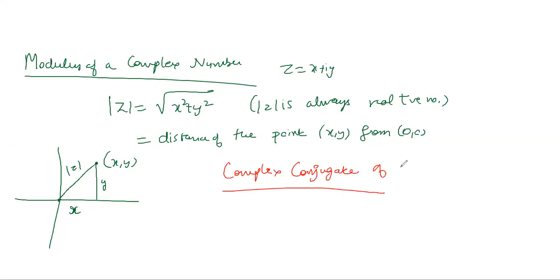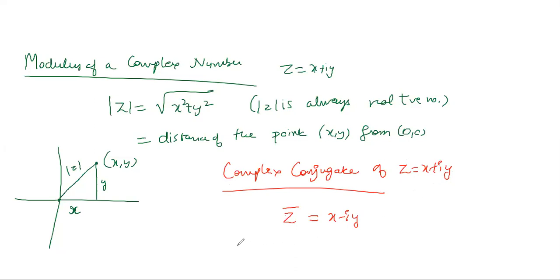And another thing which you know is the complex conjugate. So the complex conjugate of z equal to x plus iy, what is that? z bar is x minus iy, right? So this is the standard notation. Mod we denote by mod z, complex conjugate we denote by z bar. So z bar is x minus iy. This is the complex conjugate of any complex number. So you can define the conjugate for any number.